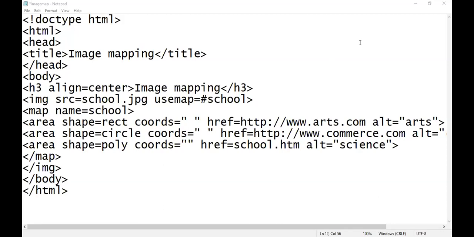Let me know the coordinates fast because I haven't noted them. All at the same time: first one, comma, second one, comma, third one, comma, fourth one, like this.